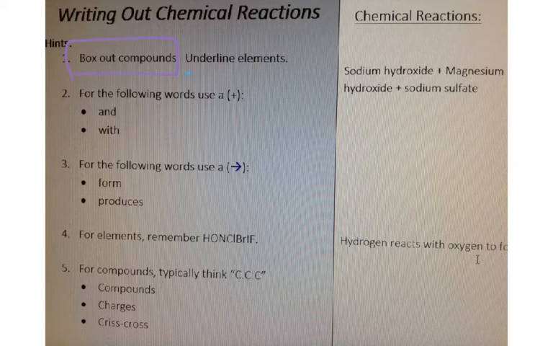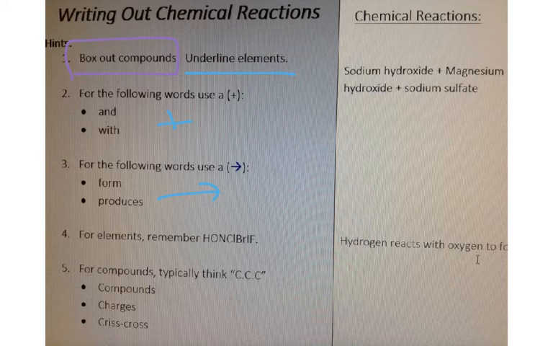Anytime you see an individual element, I want you to underline it. Whenever you see the words and or with, I want you to put a plus sign above it. Whenever you see the word form or produces, I want you to put an arrow above it. Okay? Now, once you've done all these little symbols, I want you to think about